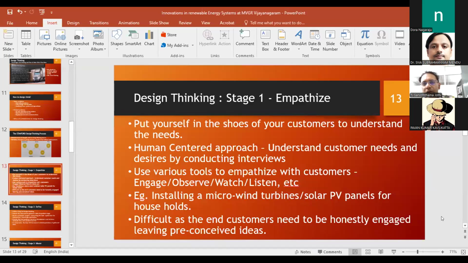But when I am trying to do it on a micro scale, not everything needs to be on a macro scale. Some power companies are concentrating on micro wind turbines, or trying to install solar water heaters in houses. In such aspects, we should look into this design thinking process, not on the larger scale. So this is what I understand.